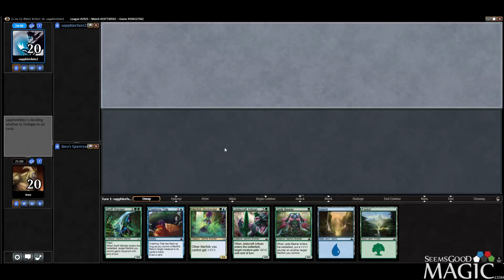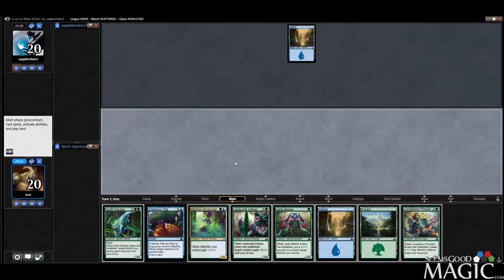Round two. Got ourselves a nice keep here. Debating whether I go Jade Bear into Mistbinder or Mistbinder into Jade Bear. It's actually a tough choice. Maybe it depends on what we draw first turn. Like if I draw a green mana, I probably just want to go Jade Bear and Mistbinder into Swift Warden. That to me seems the wisest, but